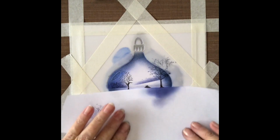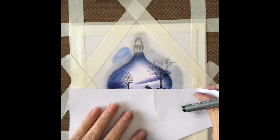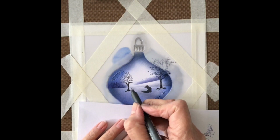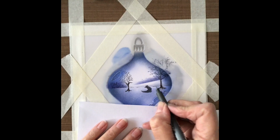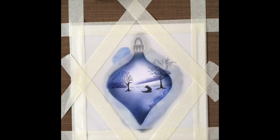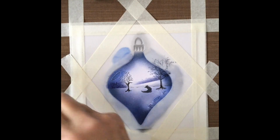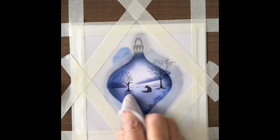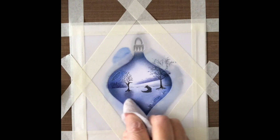Now we've got our horizon line in now, so what I want to do is just run a little pen just there to accentuate. That's where our horizon line is. I don't want to do it with the other one, just that one. And now I'm going to do some shading around the tree and the fox. So we're going to take some indigo blue and just run that down from there like that,